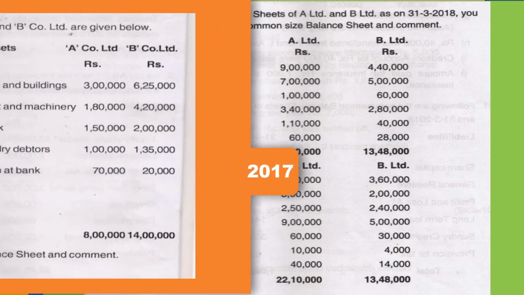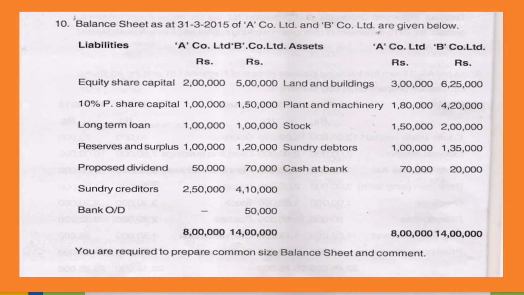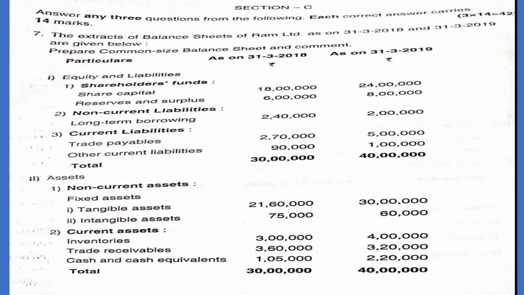And if you look at the 2017 question paper, in the same way they have given it in a horizontal format. As in 2018, you have to identify each item according to its heading and write it in the format in the exact way. This is why I wish to show all the papers' questions, so that it will be helpful to identify how the question is given and how we have to write the answer for each of these.